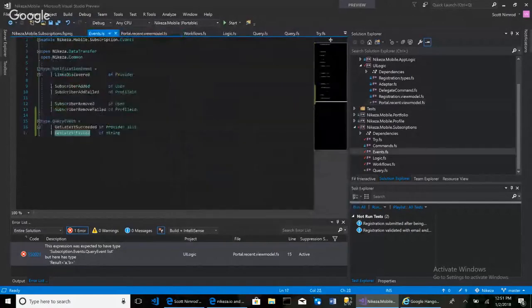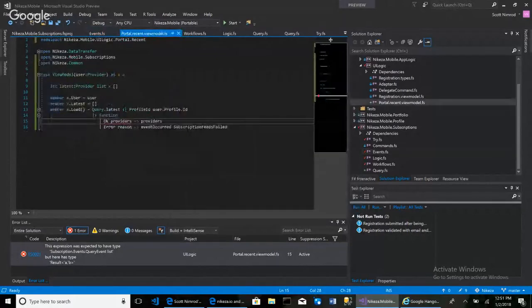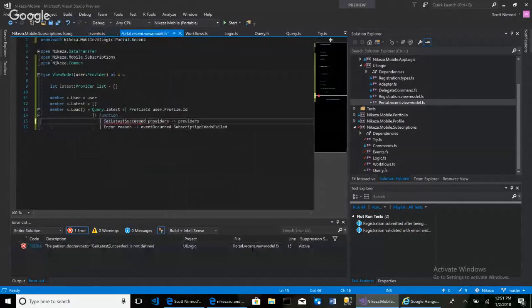We have query event, right? So we now change this from get latest succeeded. We changed OK to get latest succeeded providers, and should also have get latest failed like this, something like that. And it doesn't know what that is,